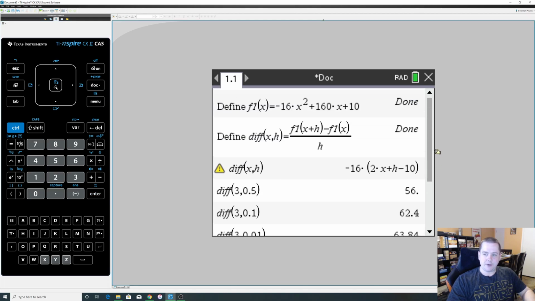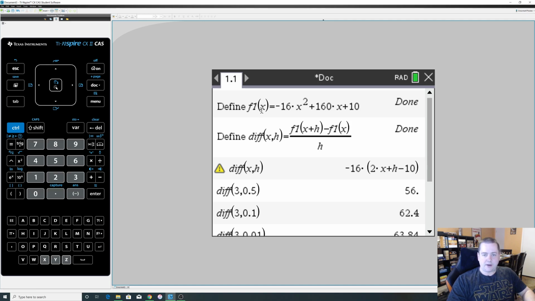So that's what we need to be able to do in the calculator, and of course be able to do this by hand as well. So define a function, use your calculator wisely. We paid a lot of money for these calculators, we might as well learn how to use them, and then interpret the difference quotient. I just want to mention one more thing. Since I called this function f1,